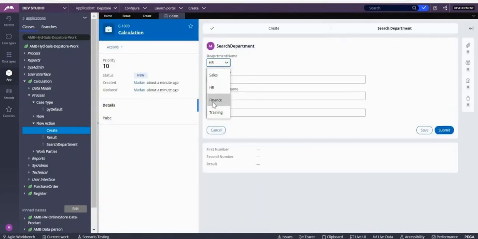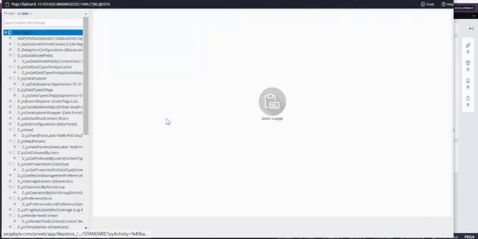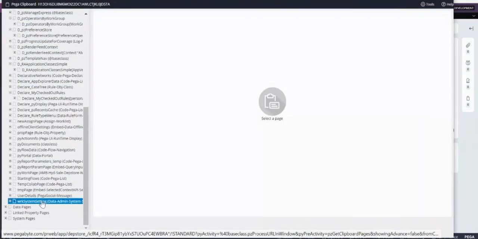Can you see now? Whenever I'm changing it, it is getting reflected there, even though I call it department name in the backend. When you go to the clipboard, see, it won't be HR, it would be the department ID, because in my application I clearly mentioned that I want department ID.